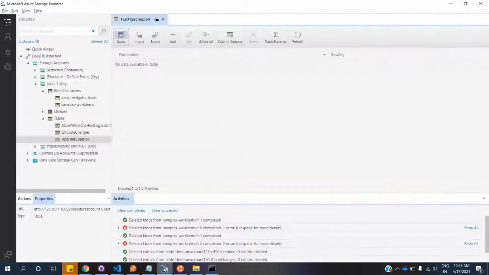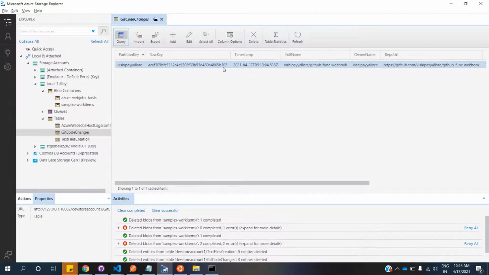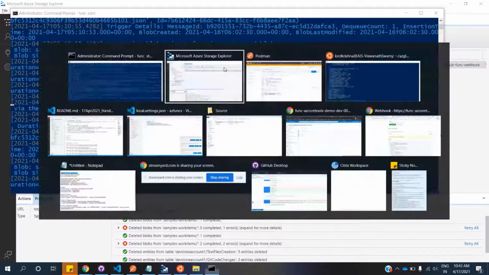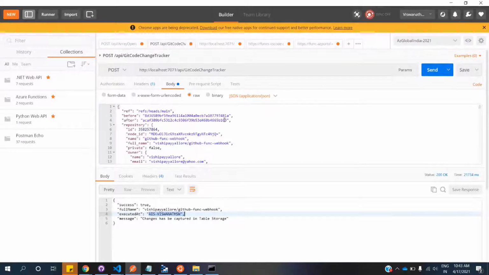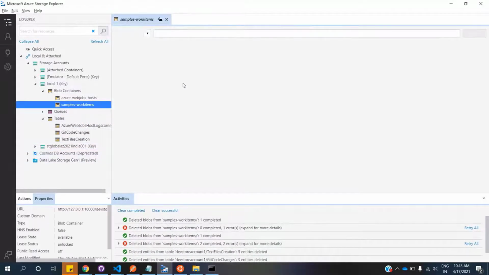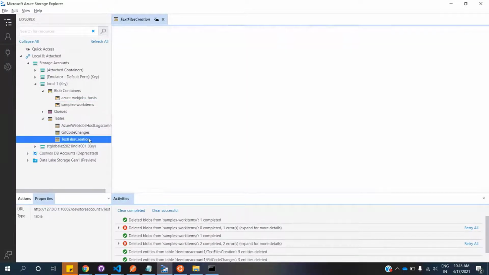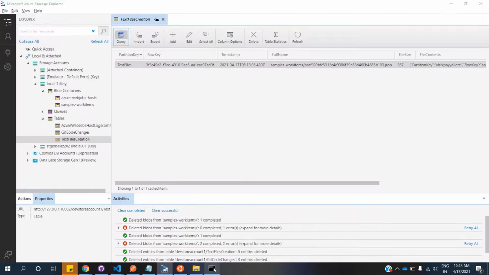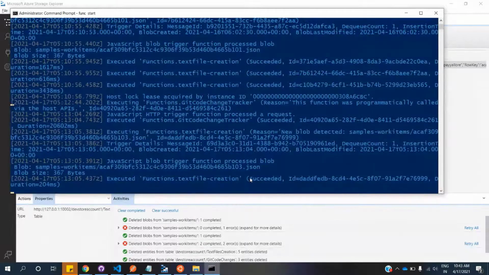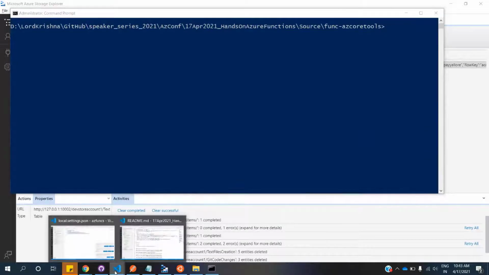So once we can quickly come back to Azure Storage, and we can see that the 103, that's the input which I've given over here, 103. And the next thing is it created the blob file, and the moment it created the blob file, it comes and hits this one. So how do you know that? We can tell that, hey, how do you know that it is properly hitting this? So that we can test it quickly.